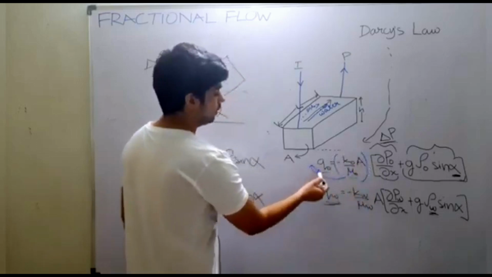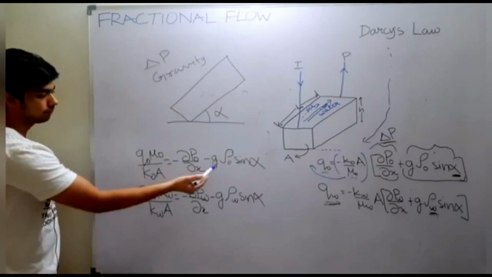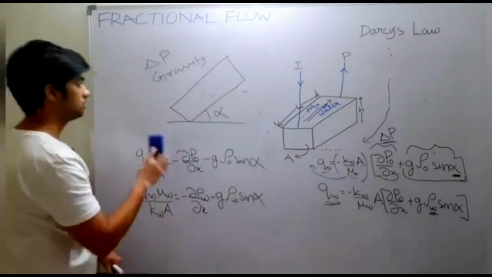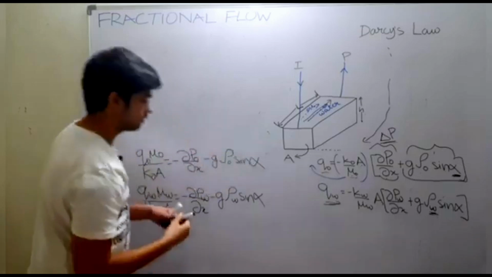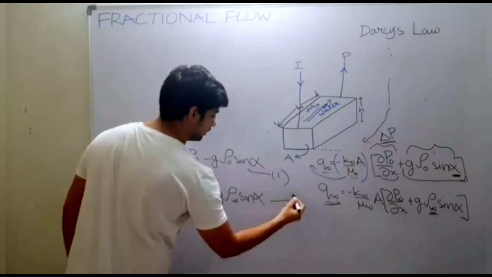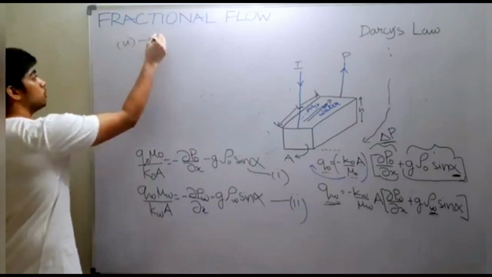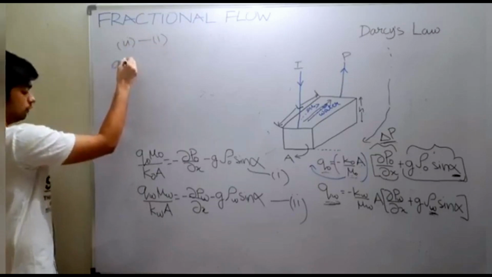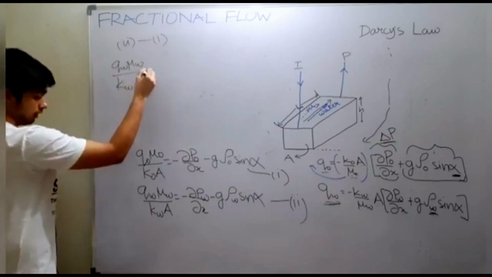This will be taken to the left hand side. So once we rearrange this equation, this is what we get. Now let us mark this as equation 1 and this as our equation 2. Now we will subtract equation 1 from equation 2. So we will get Qw mu w divided by Kw A minus